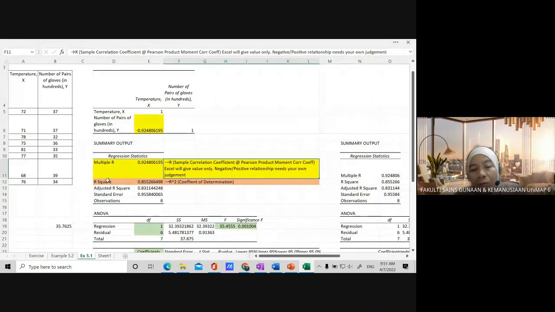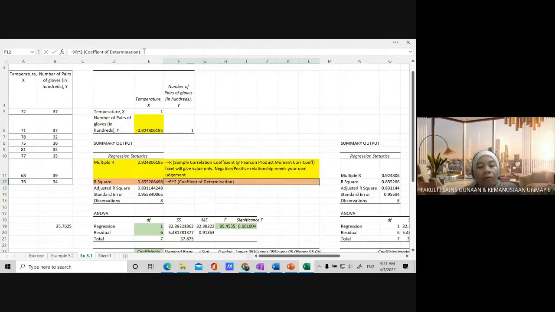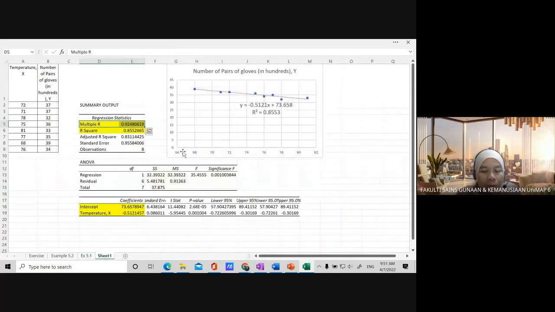What about the R square? R square is the coefficient of determination, talking about the contribution of your X to your Y. Contribution of X to Y. So you have to know which one is which. Okay? And then what next? So the question asked would be,